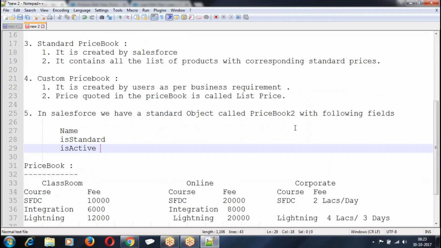What are the three fields we have? Name of the price book, is standard, is active.